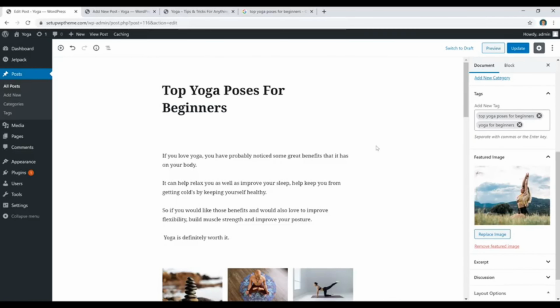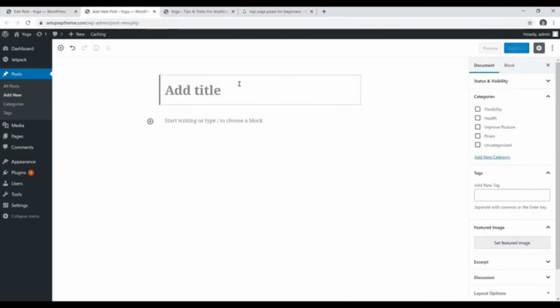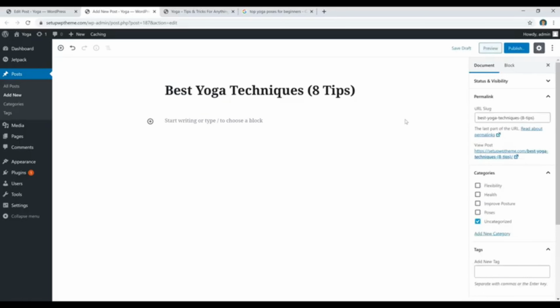Also, something else too that I wanted to show you guys real quick is that say you're making a post and maybe it's taken a while to put together or it's longer than you thought. All you have to do is, if you don't want to publish it actually yet, once you have at least your title, you can just go and click on Save Draft. And then once you go back to your post,